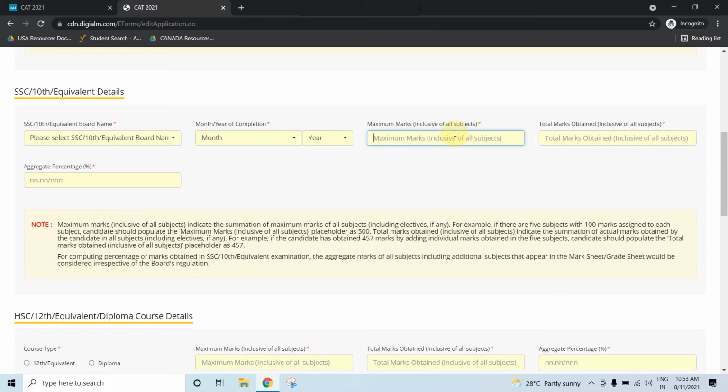For example, if you have 6 subjects and each subject is for 100 marks in your SSC, your total marks will be 600 marks. As there are 6 subjects and each is for 100, 6 into 100 is equal to 600 marks. So this is what maximum marks means. And total marks is the score that you received. For example, if you got 520 marks out of 600, 520 is the total marks obtained over here.